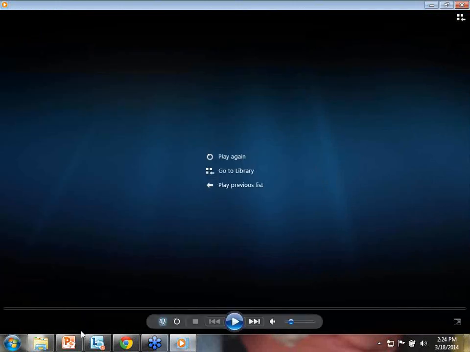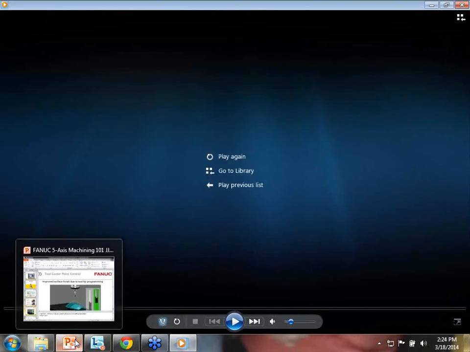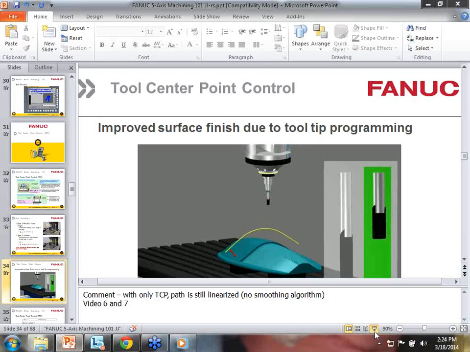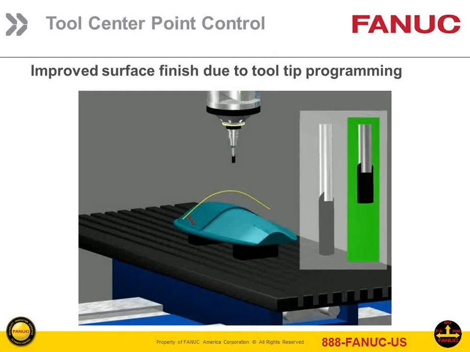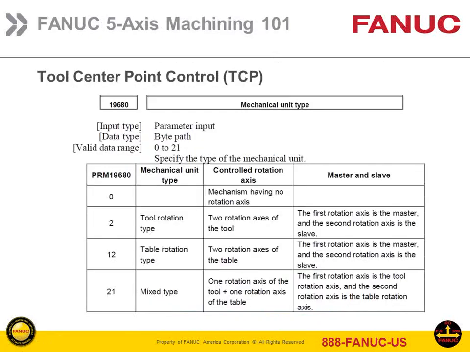All right. Now we're going to go back into our PowerPoint presentation. Let me expand it so you get a better view. At this point, we want to start talking about some of the parameters that are associated with tool center point control. One of the most important ones that you have to set up front is